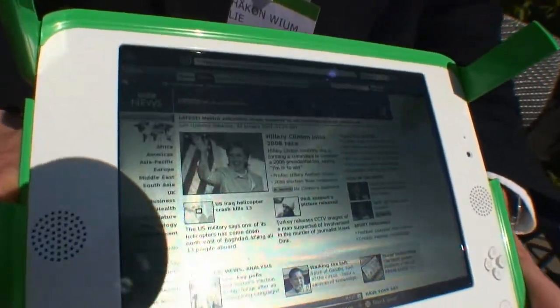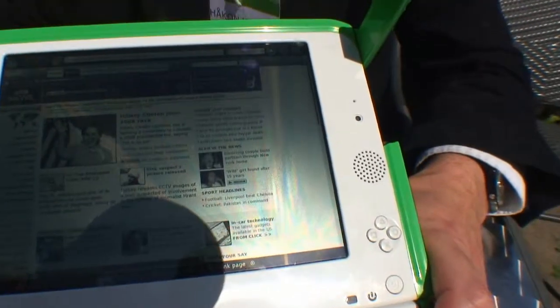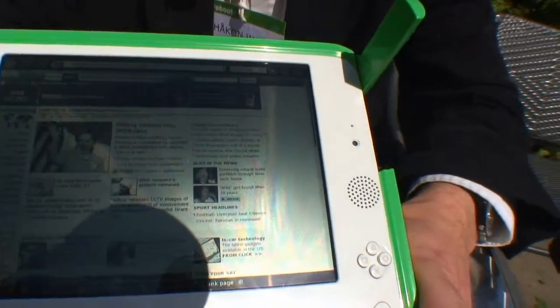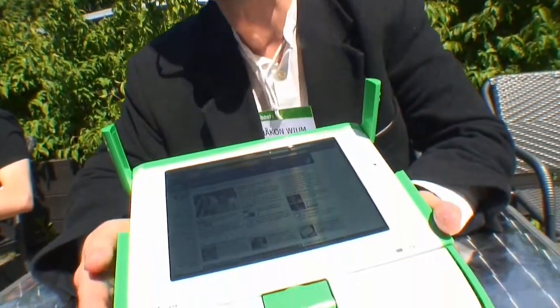That's right. So there's full sunlight. Yeah. And it's just as clear as a piece of paper. Not really, but kind of. Not totally. But it's very good. And this was the first batch of prototypes. Opera was sent one machine to see if we could run Opera here, and Opera runs very well. But they may have improved the hardware after that. I don't know. We only have one unit. So you got it like Christmas?